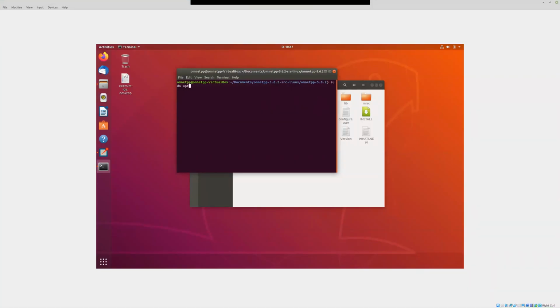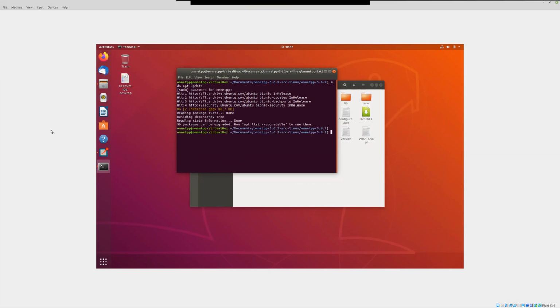So apt update, it's generally updating your system about the packages and everything. And the main thing you want to do first is there's this huge chunk of